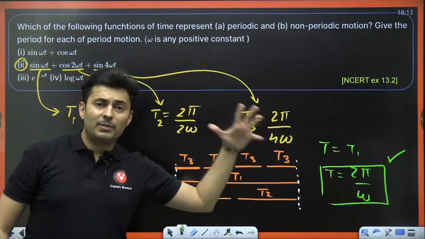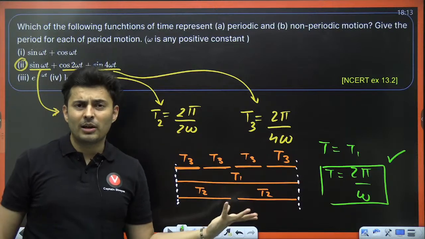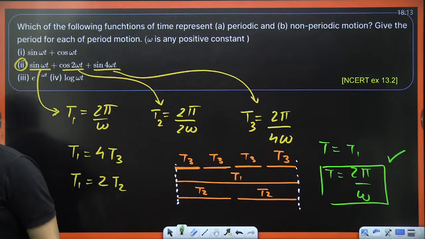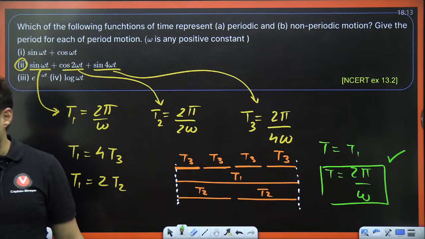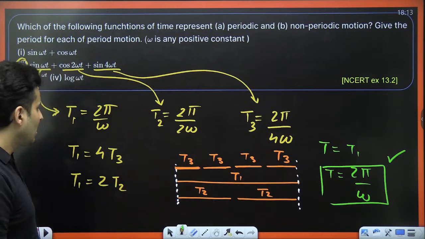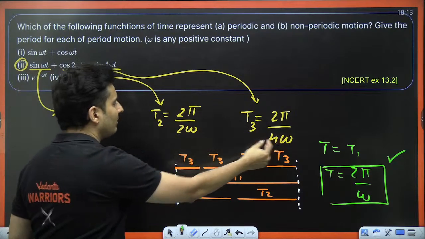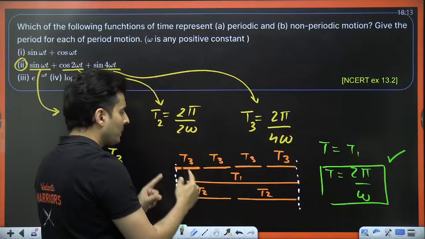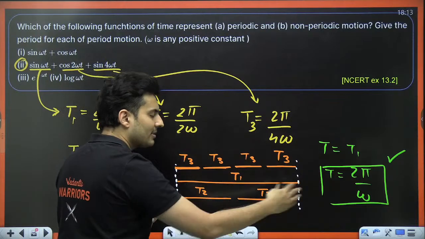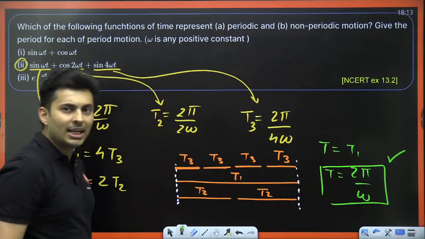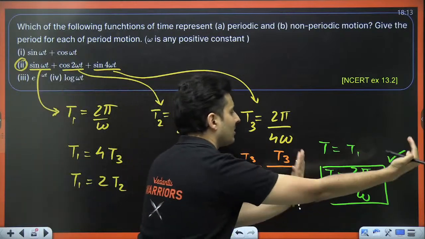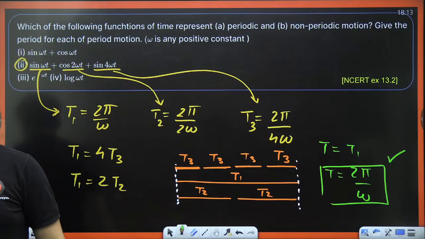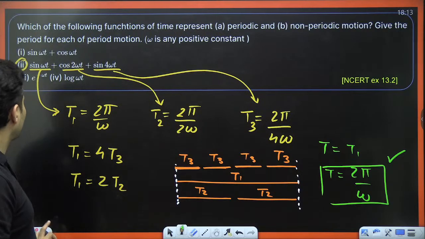If you read the example in NCERT, you will be very super duper confused, and many teachers you might have seen do not explain this problem really well. Understood, guys? What is the meaning of this? T3 was the smallest of them all. T2 was okay. T1 was the biggest. So after 1 T1, you will see all of them would have completed some 2 or 3 periods or something like that. And after this, it just repeats the block. The block just gets repeated. Understood, my dear warriors? Pakka? Awesome. Super duper.